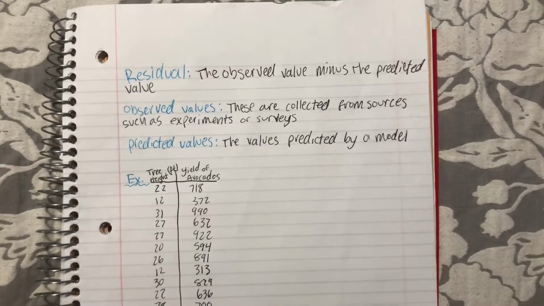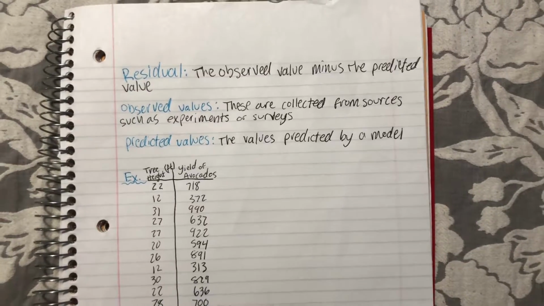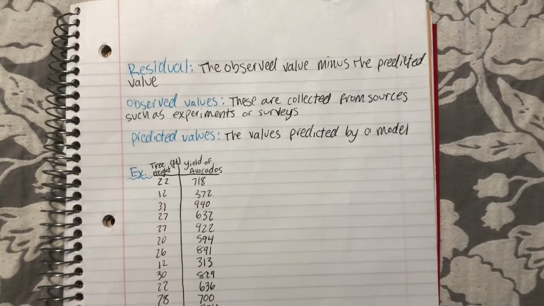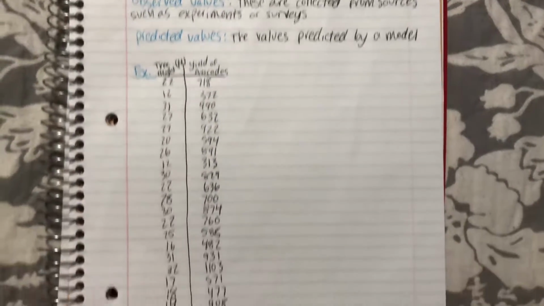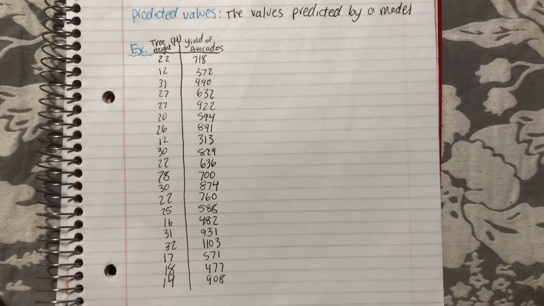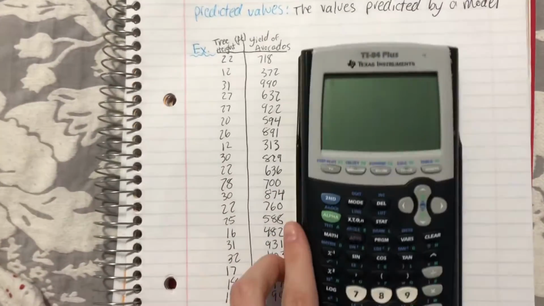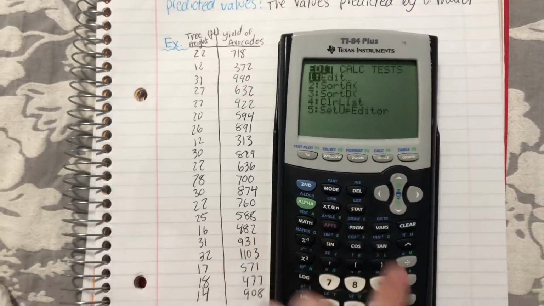These are data collected usually from sources such as experience or surveys, and your predicted values are the values predicted by a model. And for our model today, we're going to be seeing the tree height and the yield of avocados. So we're going to take our TI-84 calculator and we're going to go to Stat,